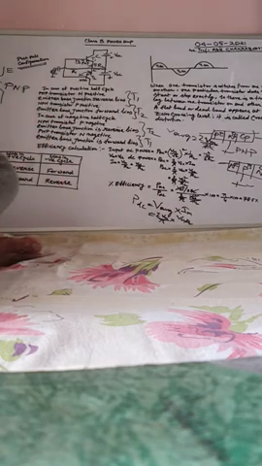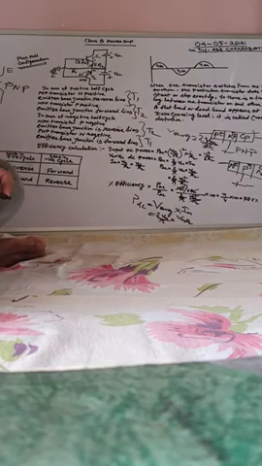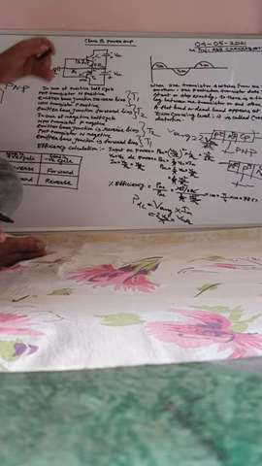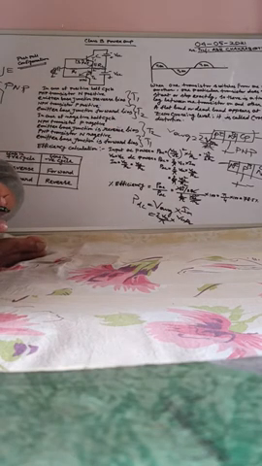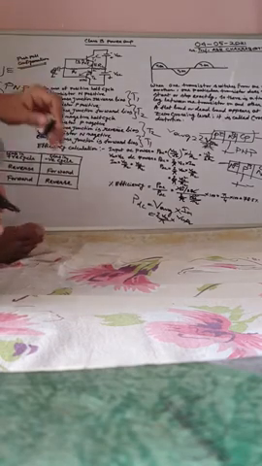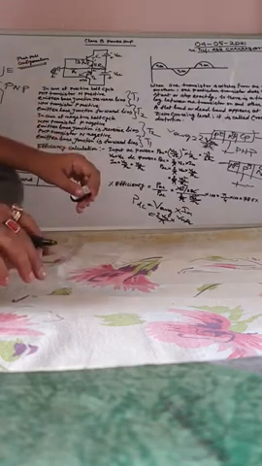So the concept of the full wave rectifier, where one diode is on and the other diode is off, we have applied the same concept in the case of the class B amplifier. So this is the corresponding calculation of power efficiency in the case of a class B amplifier. Now the problem that we have faced in our class B amplifier is called crossover distortion.